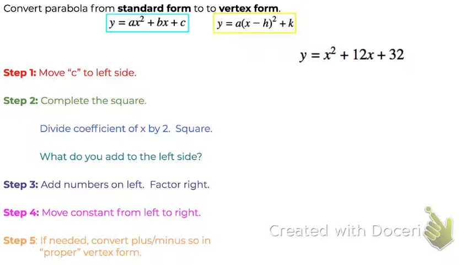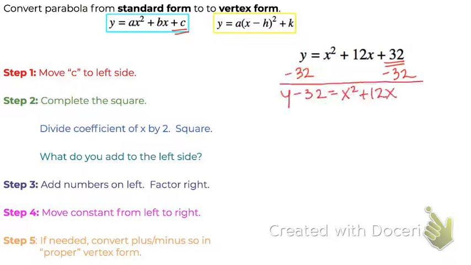Here we're going to convert a parabola from standard form to vertex form, and those two forms are shown at the top. So I'm going to go through this example. The first step is to move the c to the left side. If you notice, for standard form, the c is what is added at the end. So in this case, we need to move this 32 to the other side by subtracting 32 from both sides